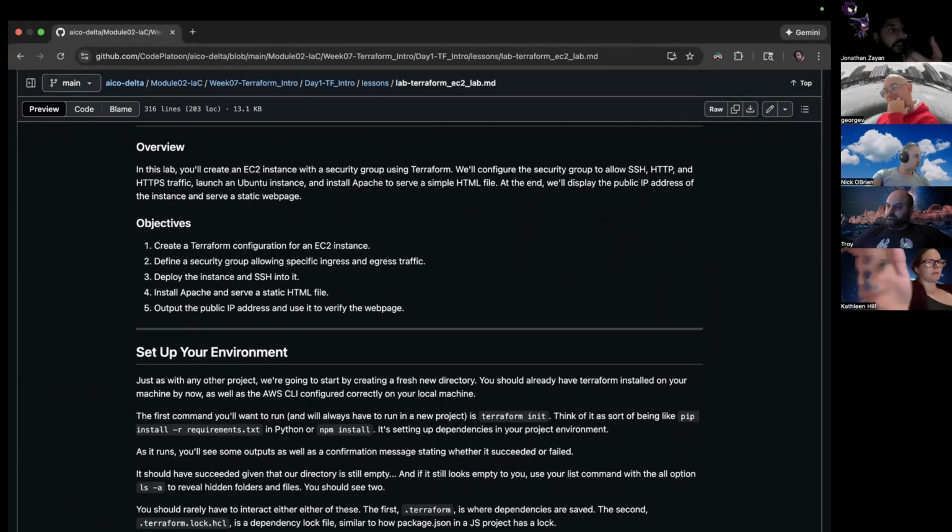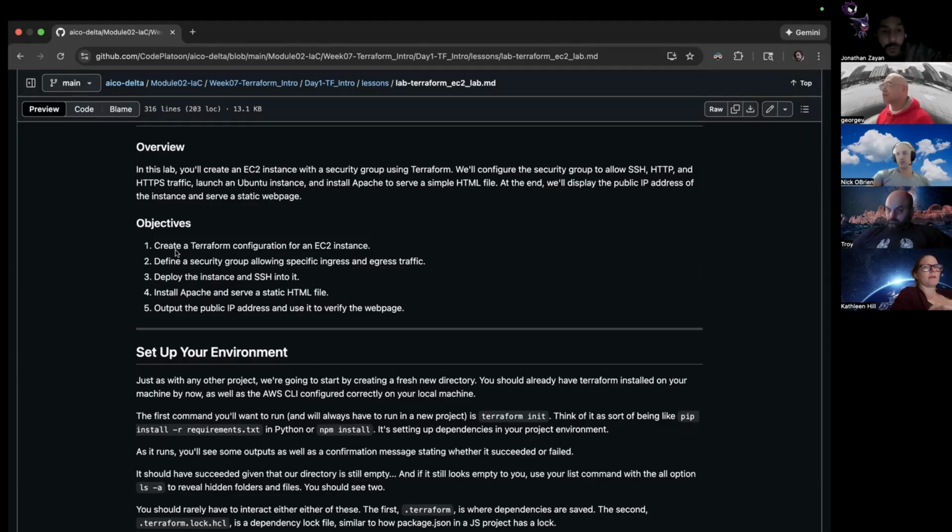We're going to launch it as an Ubuntu instance. Some people say Ubuntu, whichever one you want. And we're going to install Apache to serve a simple HTML file. So at the end, we're going to display the public IP address of the instance, and we're going to serve a static web page. All of that, super simple.